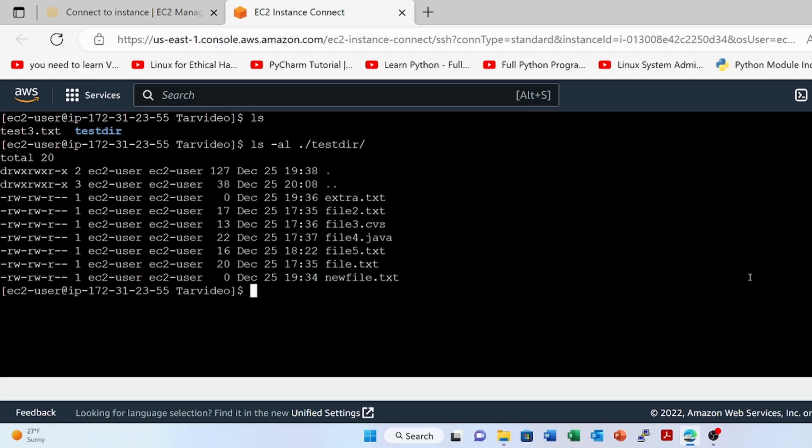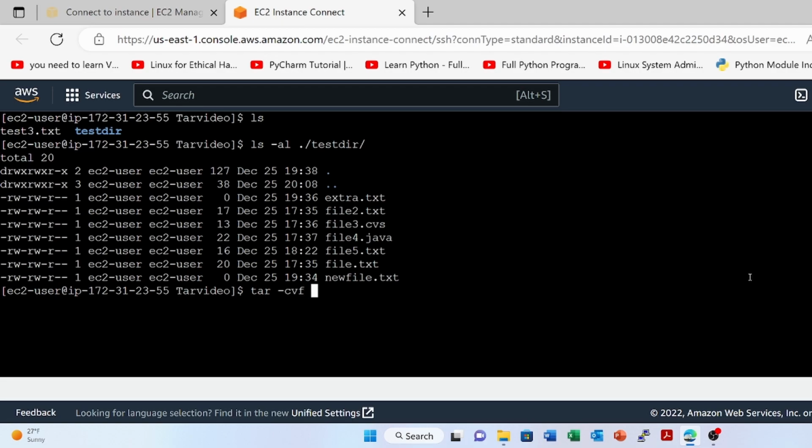So the very first one I'd like to go over is how to create a tar file. On my system, I have one directory, and that directory has some files created. So I have these files in that directory. How can I compress these files into the tar? So the command is